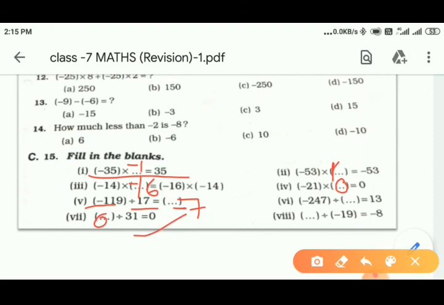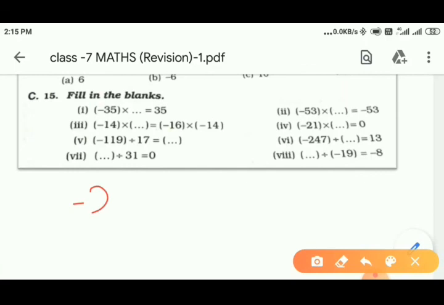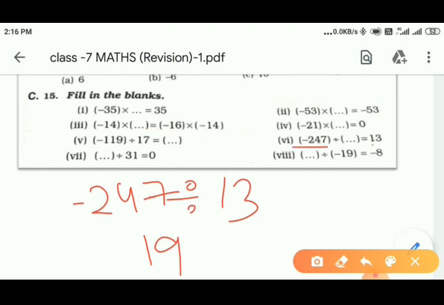Okay. Sixth question, minus 247 divided by what number to get 13? So in this, children, like minus 247, we need to divide it by 13 only. Okay. So when we are dividing by 13, 13 one time, and 13 9 ja 117, and there is one question is with negative, and we want our, this is negative, and we want our answer positive. So we have to divide it with negative 19. So when you are dividing it with negative 19, you will get the answer positive 13.